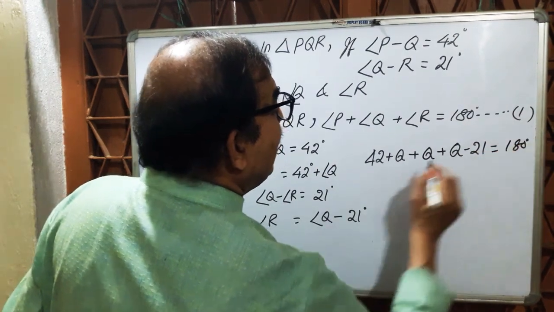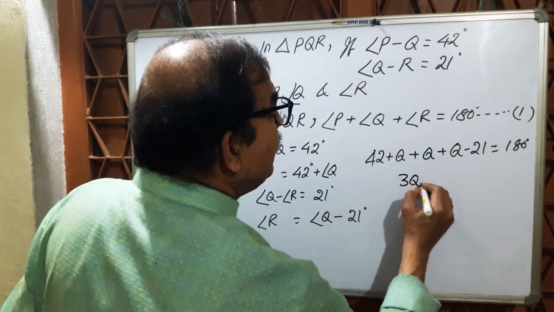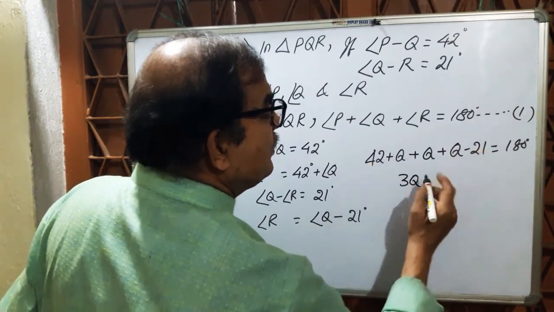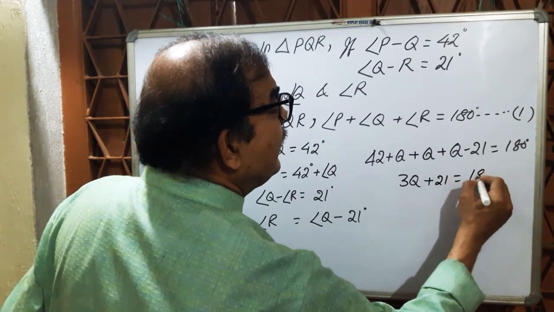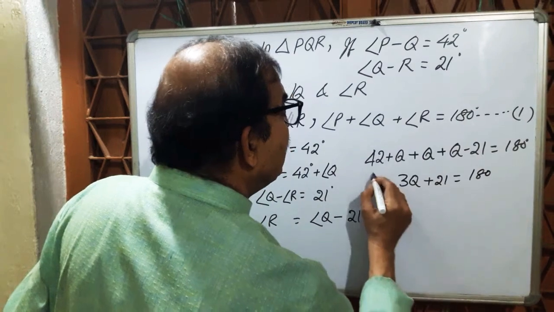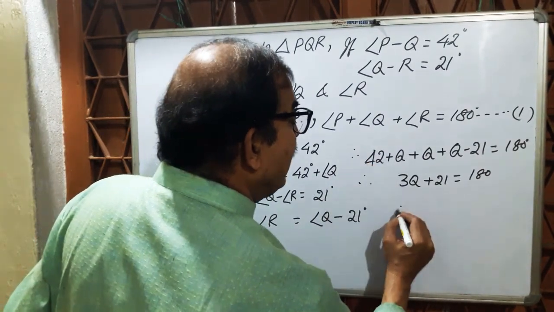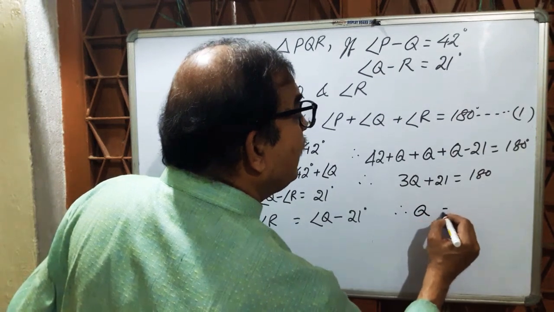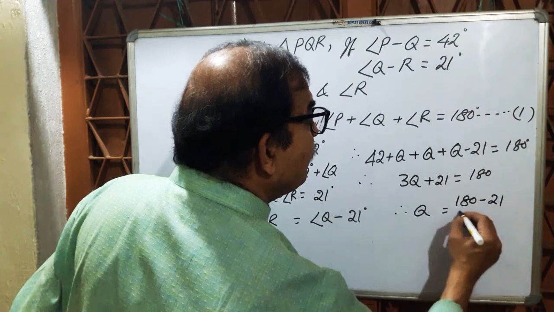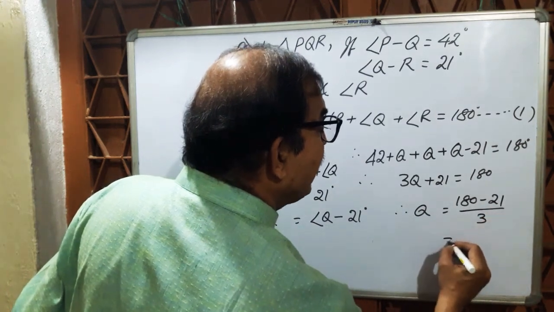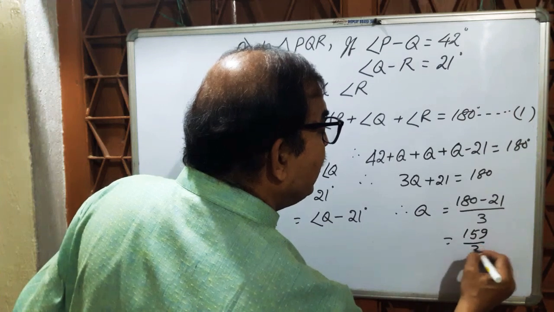And see, 3Q and 42 minus 21, this is plus 21 equal to 180. And now therefore Q equal to 180 minus 21 by 3, that is nothing but 159 by 3 equal to 53